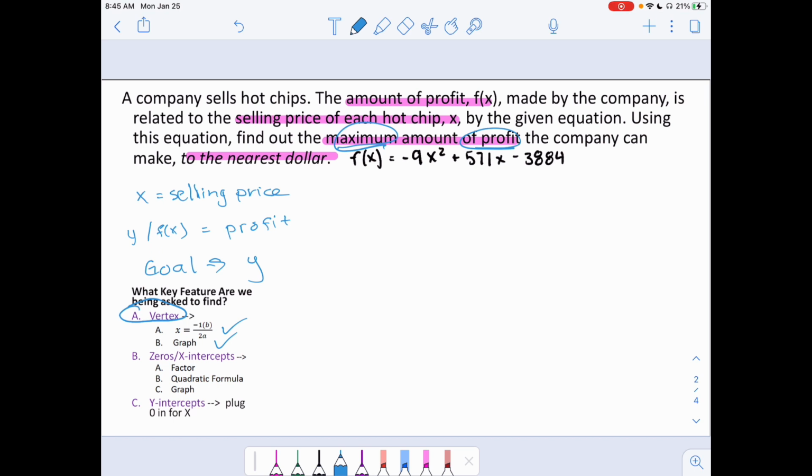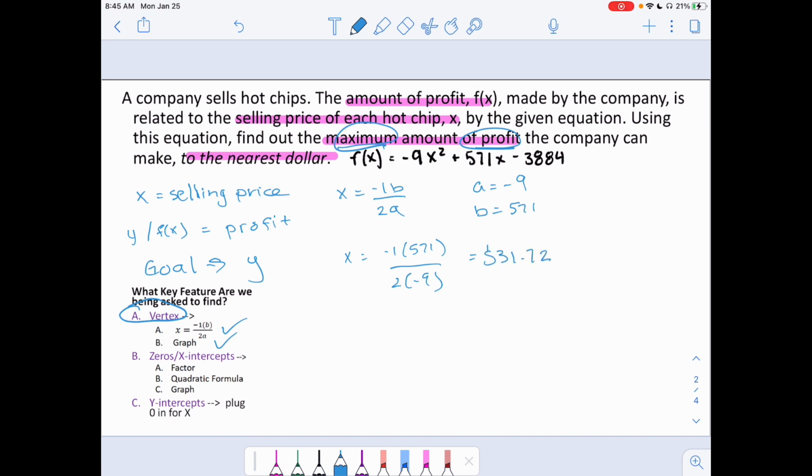You can choose which tool you want to use. Let's start with the first one. We're going to use our axis of symmetry formula. That's x equals -1 times b over 2a. This is an option for you. You just pull out your a value and your b and plug them into the equation. Put that in the calculator and you'll get